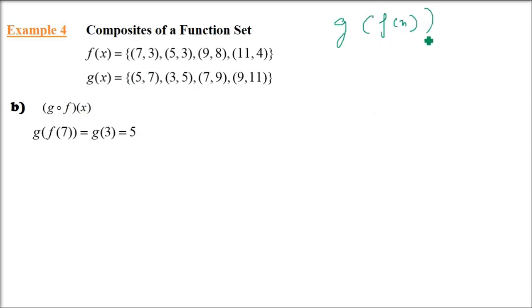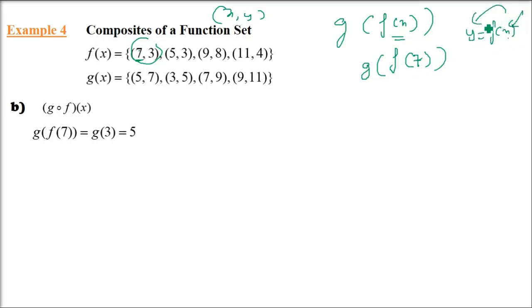So this is gof x, g of f(x). First of all, we have to take all the domain values of f(x). What is the value of x? The first value is 7. All the values, 7, 5, 9, 11, we are going to take. The first value is 7. This ordered pair is x comma y. If you put 7 in the function f(x), you are going to get 3. That is, in the function f(x), if you put the value of x, you get y. So when you put 7 in f(x), you get 3. So in place of f7, you have to write 3.